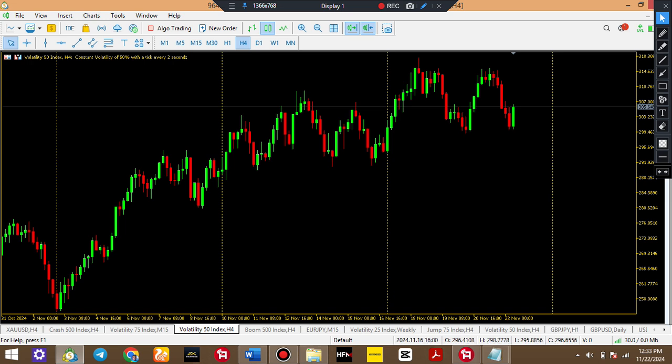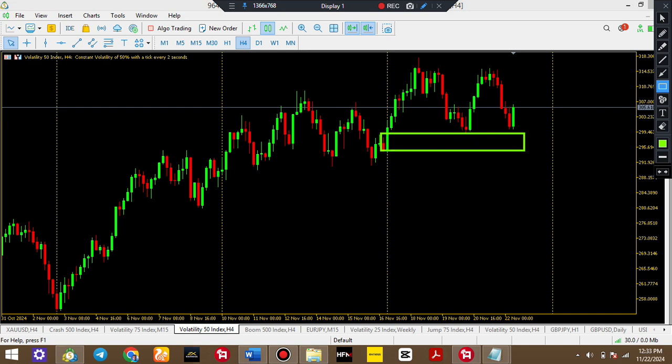On the H4, price is still very much bullish. This is the order block. Yeah, price is still bullish. So this can be an inducement. This move here can be an inducement, which did not enter into this zone. So immediately price taps in and sweeps the liquidity resting here, price can use it to trigger and totally move.